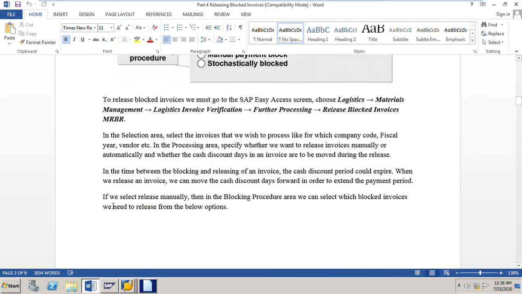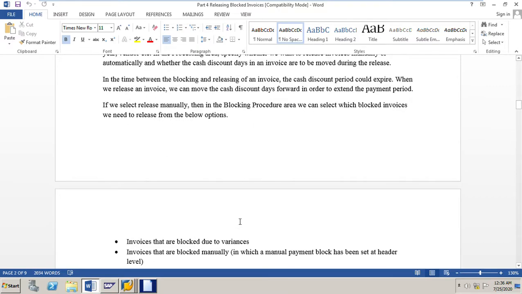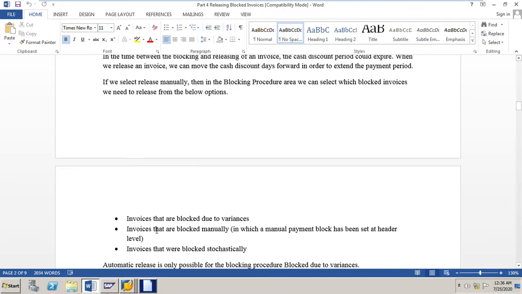Next, if we select release manually, then in the blocking procedure area, we can select which blocked invoices we need to release from the below options. What are the options? Invoices that are blocked due to variances, or invoices that are blocked manually. Manually means a manual payment block has been set at the header level, or invoices that were blocked